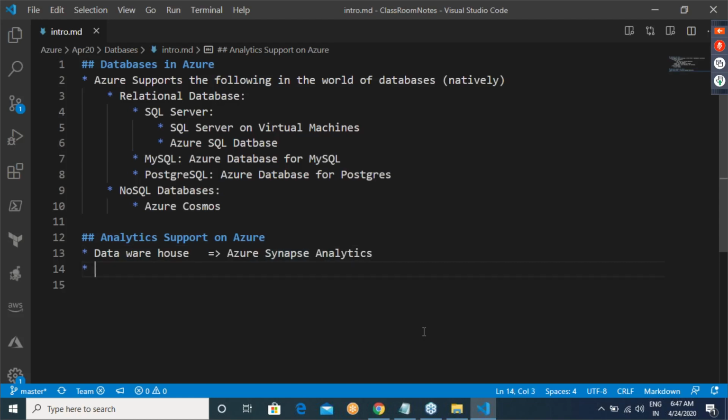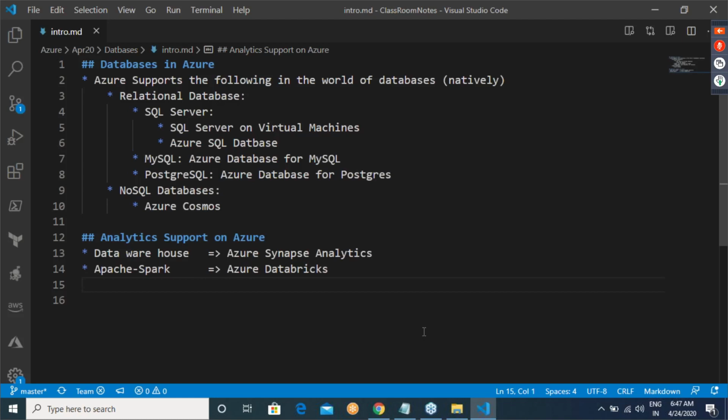Analytics. Now Apache Spark is kind of popular in the data and analytics world. Azure calls it Azure Databricks.